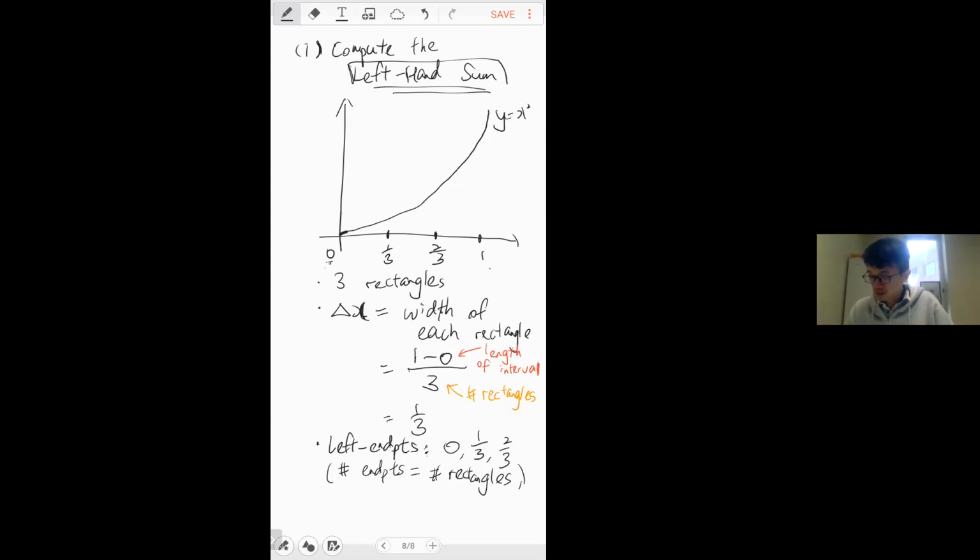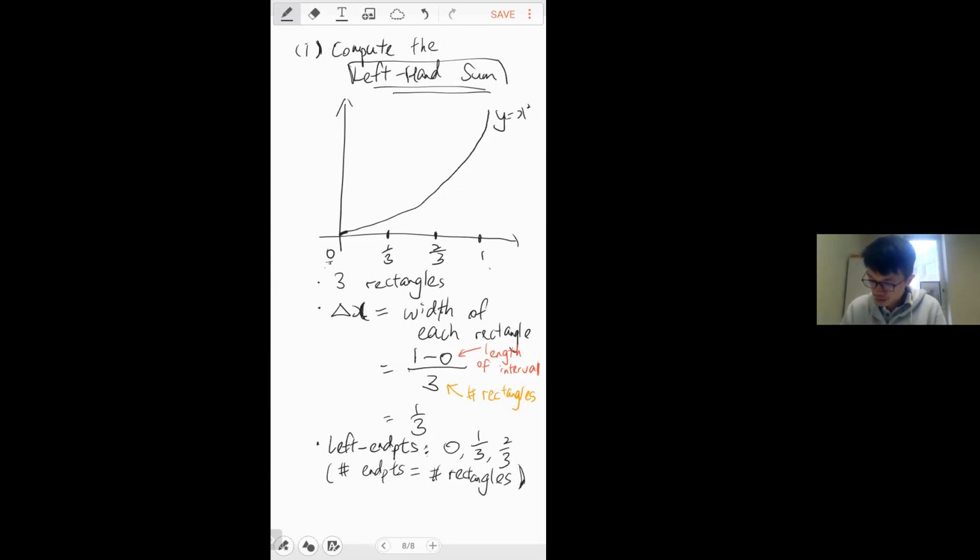That's the correct number of rectangles, I mean endpoints. Is it okay? Okay. Now using these 3 endpoints, I'm going to draw